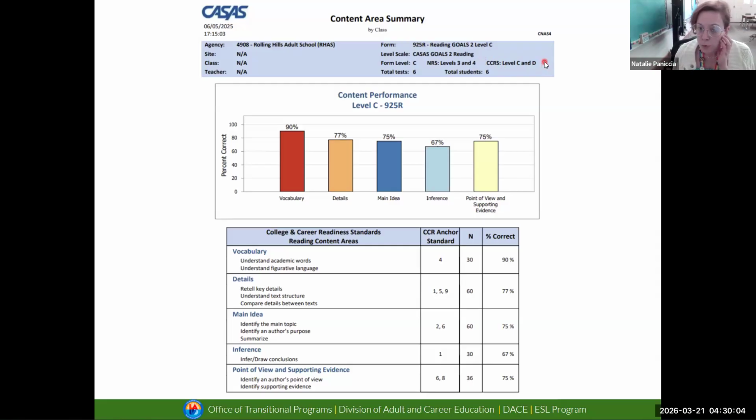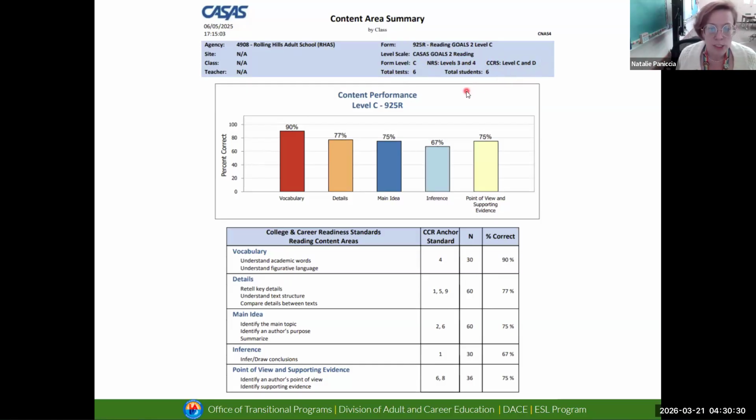And then you also want to take note of how many total tests there are and how many students have taken this test, because you will receive many of these reports because our students are all taking different level tests. They're all in different placements. So you're going to want to focus on the test summaries that have the highest number of students.